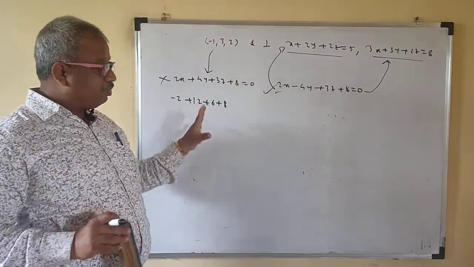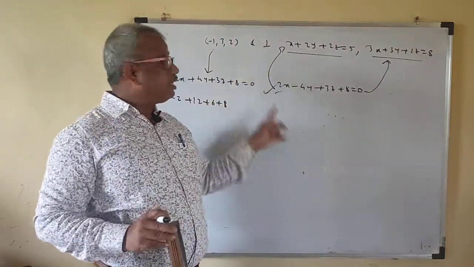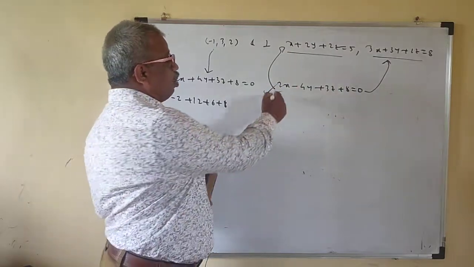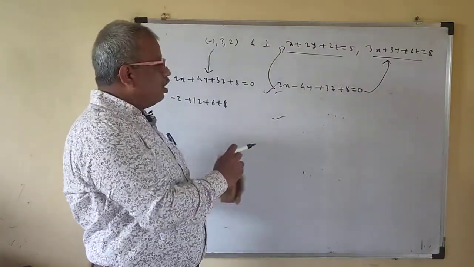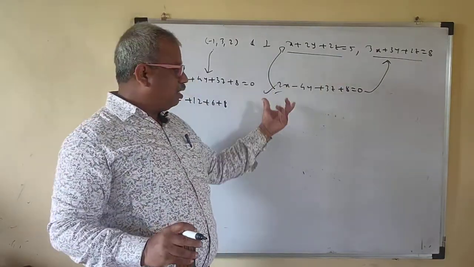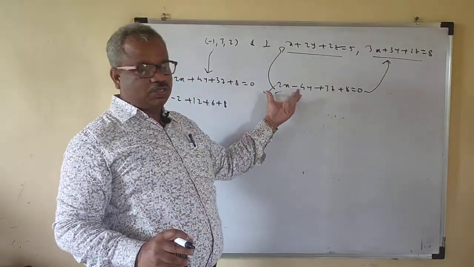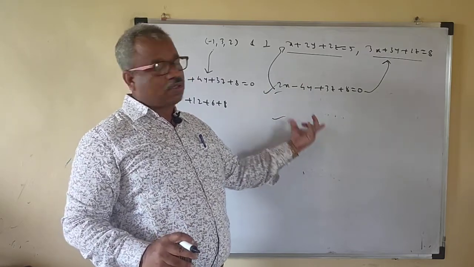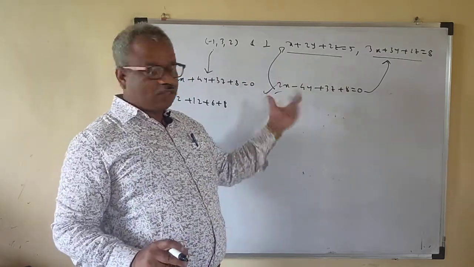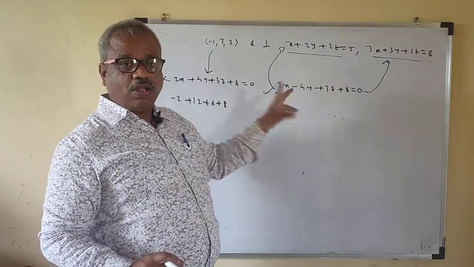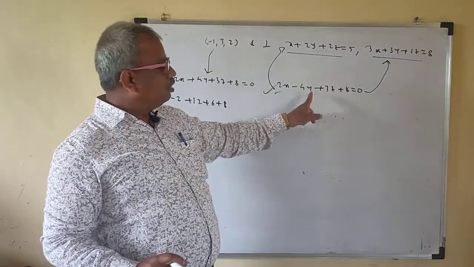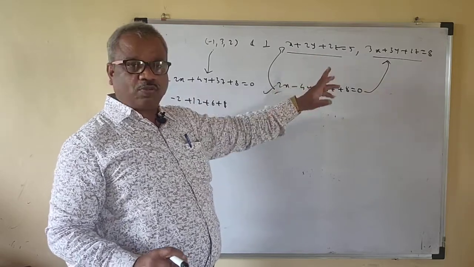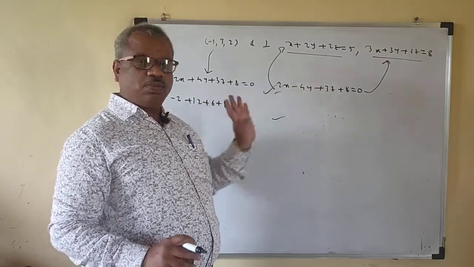If there are two planes satisfied by this point, and the options are this or this, then just check for perpendicularity. If it holds for this one, this will be the option. If it does not hold, then this will be the option. Only check these. If this point is satisfied by only two planes, one of them will be the option. If it is not perpendicular to both planes, this will not be your option; this will be the option then.